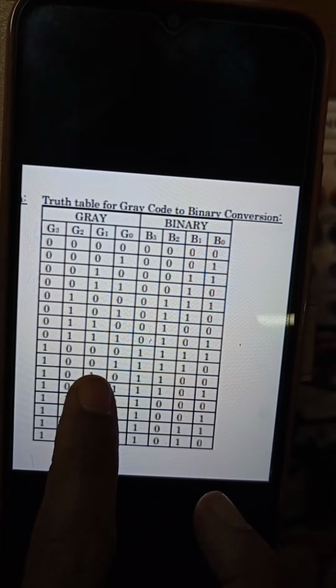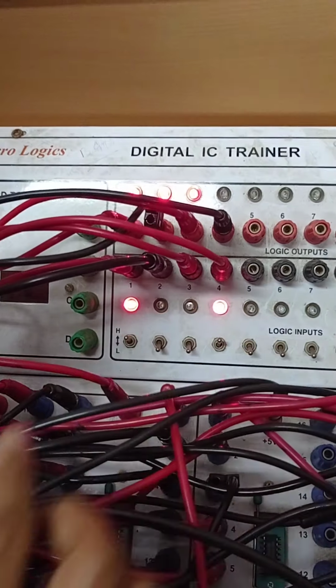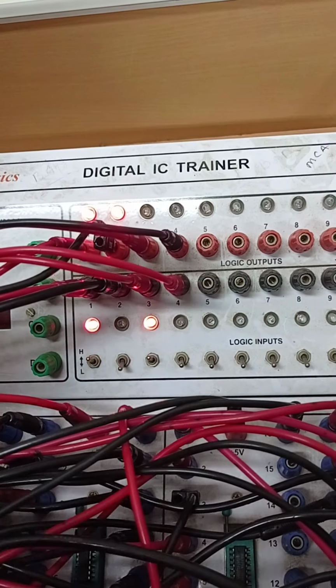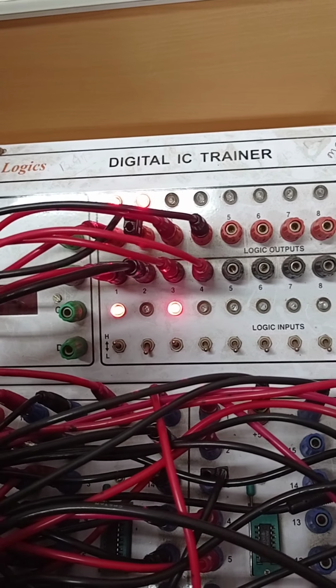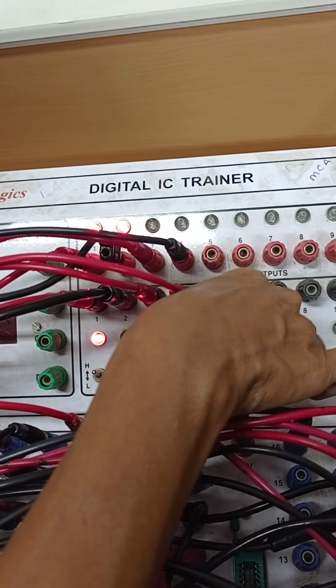Next 1 0 0 1, 1 1 1 0. 1 0 1 0, 1 1 0 0. Next 1 0 1 1, it should be 1 1 0 1.